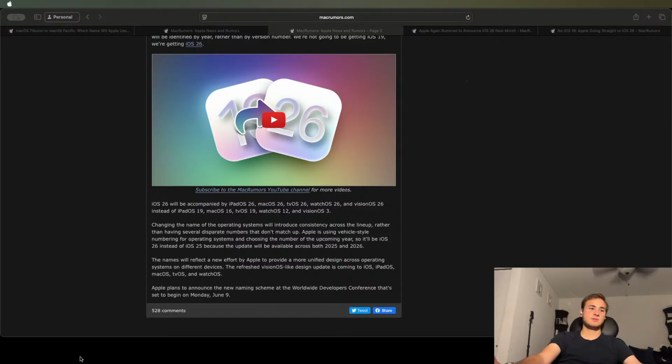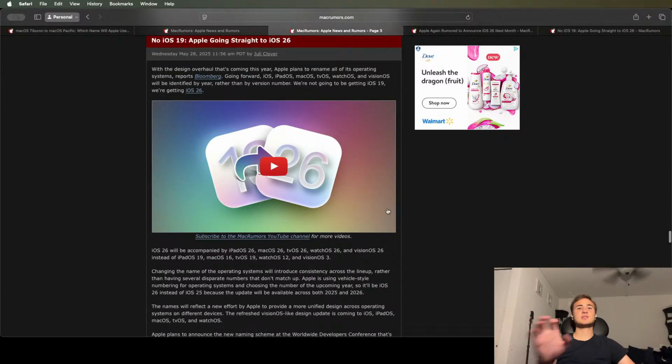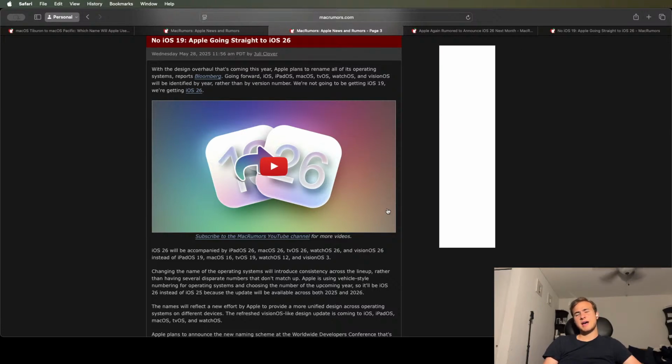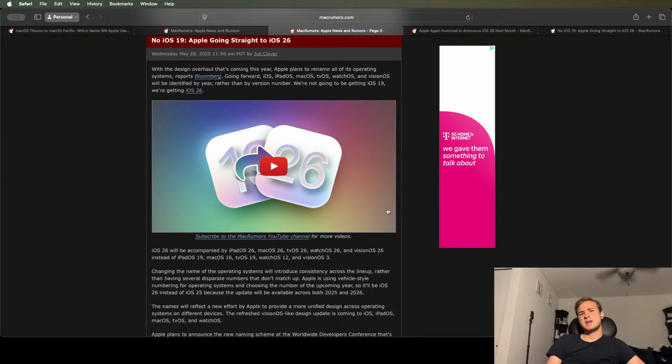Alright, so we're basically talking about a conspiracy theory, because skipping it to 26 seems very weird. It would make more sense for them to skip to 25. And I think Apple could just potentially be using this as bait to find the leaker at Apple just to fire them, since they signed an NDA. They're not supposed to be leaking things at Apple. Yeah, I also don't think they're calling it iOS 26. I would be very surprised if that is the case. I think it's going to be iOS 19, to be honest. macOS 16. I don't know why I said 17.